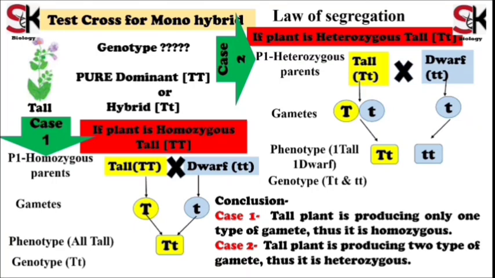This result suggests that if the plant is homozygous, it will produce a single type of gamete, and if the plant is heterozygous, it will produce different types of gametes, which results in different types of plants, showing